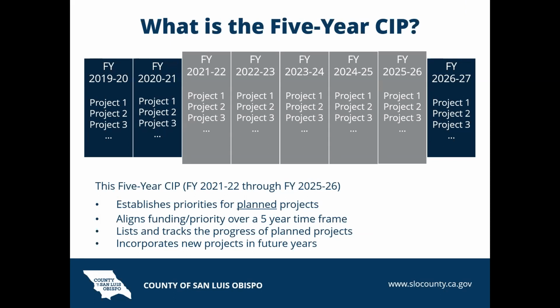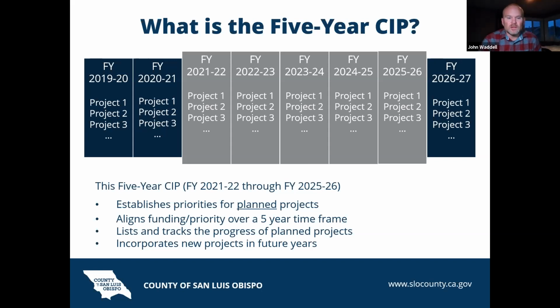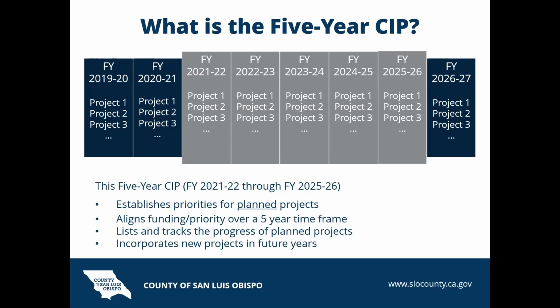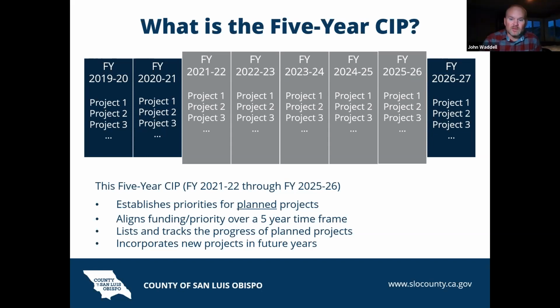So there are a number of planned projects 4 and 5 years out, but a lot fewer, just because those aren't known yet. As those years become closer, the information becomes more clear. So it's a planning tool. This identifies major projects over that 5-year time frame, and it's also used to track the progress of projects over time. Projects that are included typically have established funding or reasonable certainty that the funding will become available.